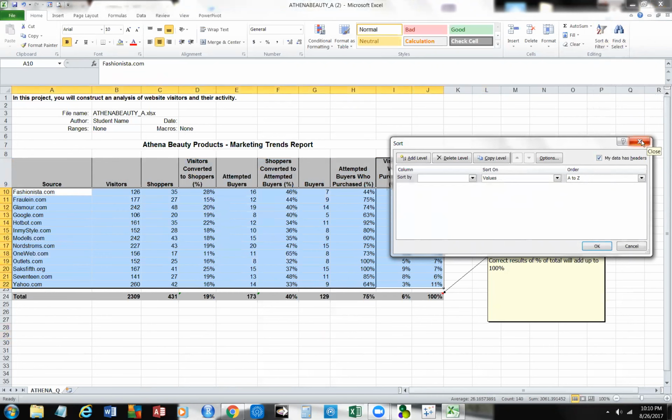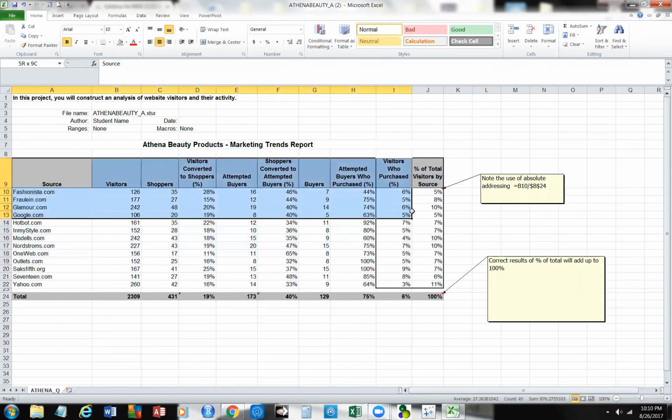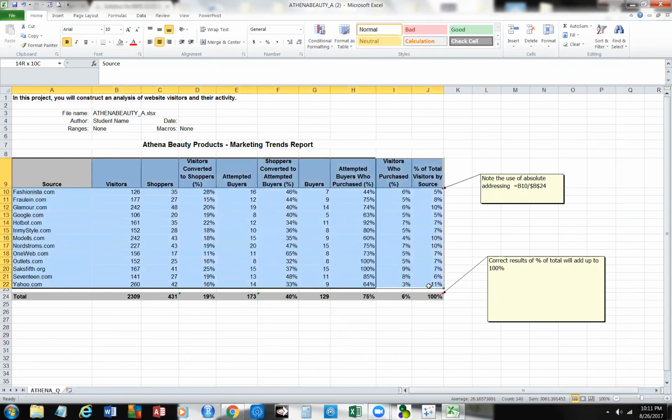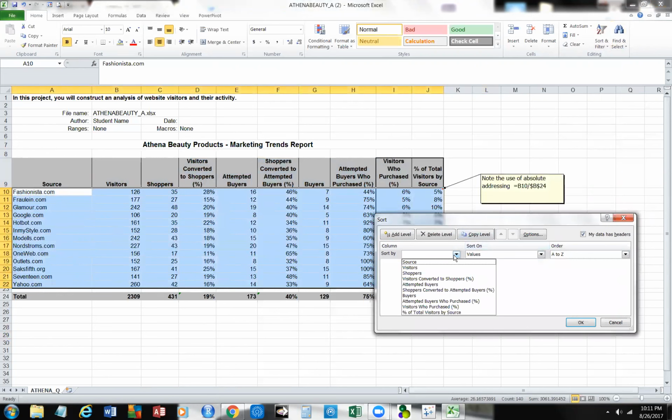In fact, I think I messed this up. I'm going to cancel this for a minute. Put your cursor and we're going to highlight cell A9 all the way over to cell J22. Okay, then we'll go to sort and filter and do the custom sort. And I want to put these in the percent of visitors who purchased,